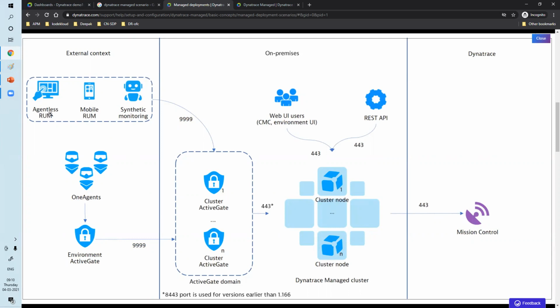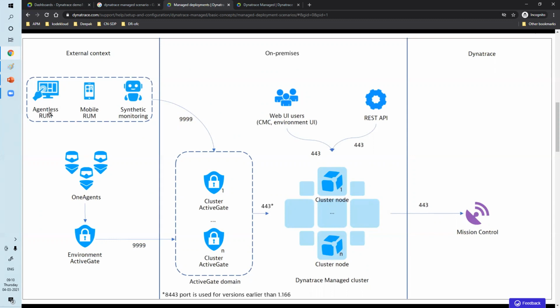Agentless RUM means real user monitoring where you cannot install the agents, and still you need the information about real user monitoring.